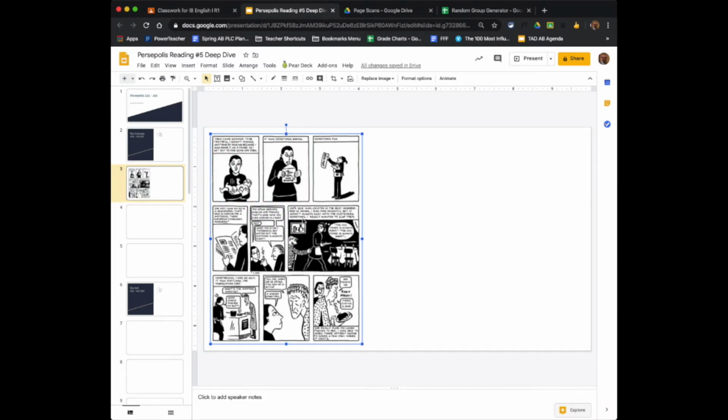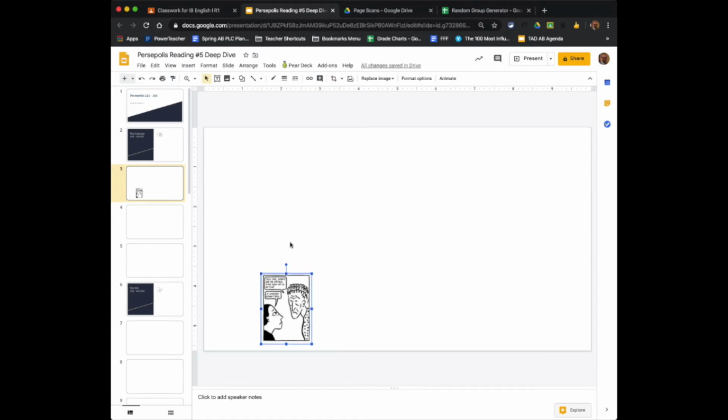And what you can do, if you haven't done this before, if you double click on an image when you are editing within a Google Doc or Google Sheets, you'll get these black bars, and these black bars allow you to shrink and crop what you're focusing on. So if I want to look at just this panel, I can do this with these bars, then click outside,